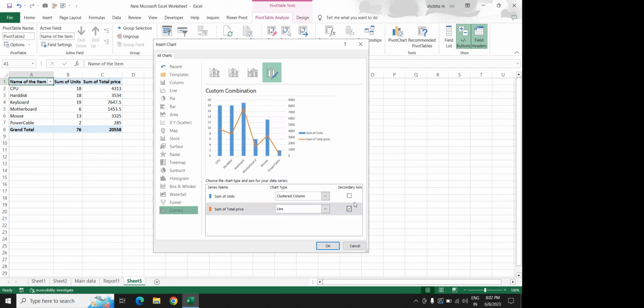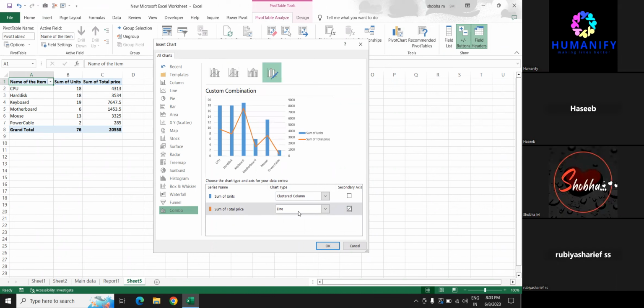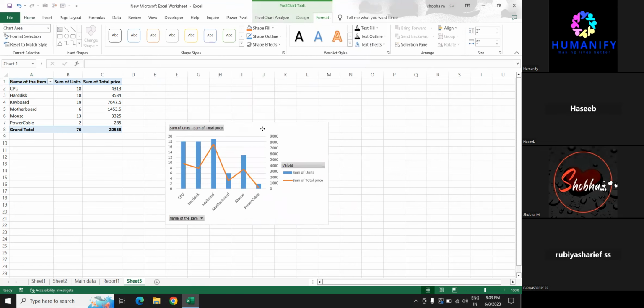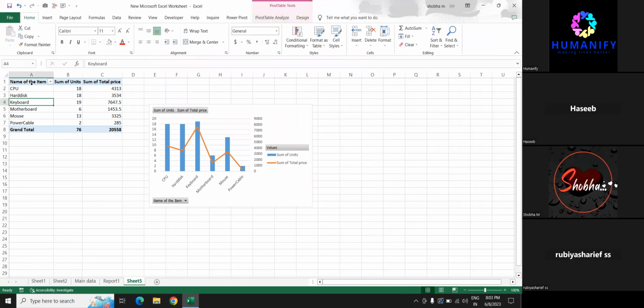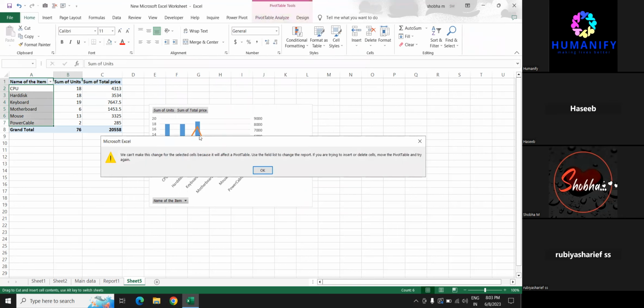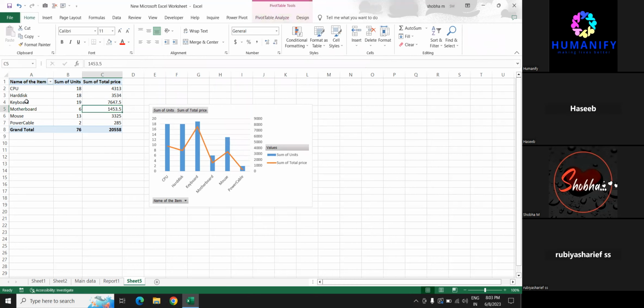See how it is showing you total price. Line, I have just selected secondary axis. Tick mark I have done here. Click OK. See, in a simple way you can create a chart here. Okay, in a simple way you can create a chart. So this one you can even apply the like